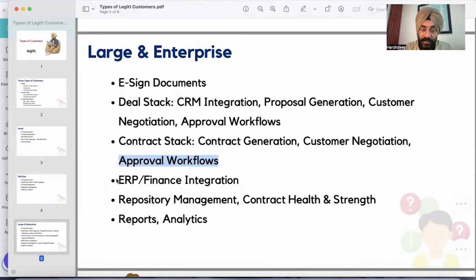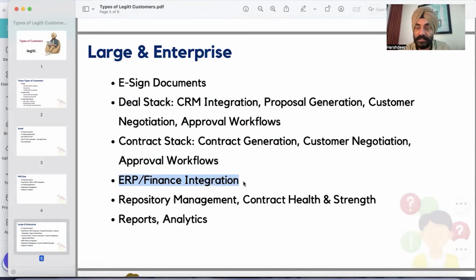Now, integration with other ERP systems. Say, for example, companies manage their POs in Oracle Fusion or SAP, and then some of them use SAP Ariba to manage contracts, and there might be some CLMs already implemented. Say Malbek, we have integrated with Malbek.